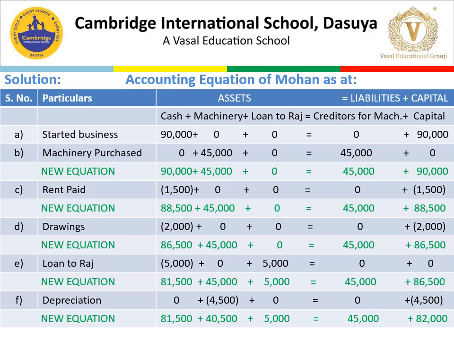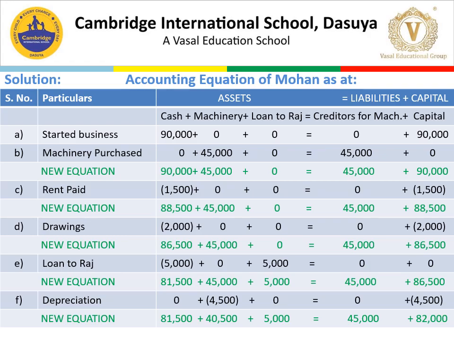Next is drawing. Any amount withdrawn by the proprietor for personal use is called drawings. So say drawings, 2,000 rupees will be deducted from cash because it is an outflow of cash. The same 2,000 rupees will also be deducted from capital. So the total cash available is 88,500, and we will deduct 2,000 rupees from the cash as drawings, and the same 2,000 will be deducted from capital also.